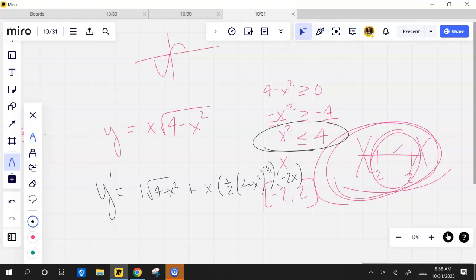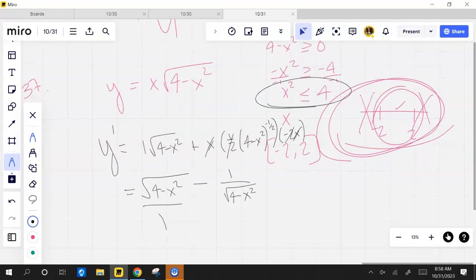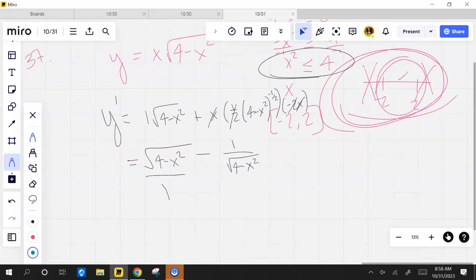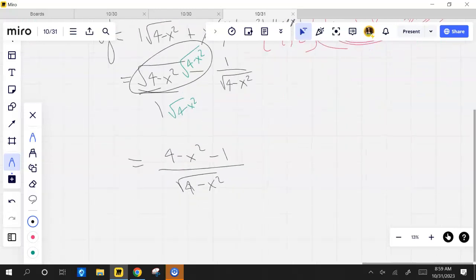Did you get that? You understand what you're saying? Yeah. All right, so I got square root of 4 minus x squared. Minus the 2's cancel, the x's actually cancel. I end up with 1 over the square root of 4 minus x squared. These are fun because the common denominator here is square root of 4 minus x squared. That happens to be what's sitting in the top over here. What happens when you multiply these two together? So it's just 4 minus x squared minus 1 over square root of,